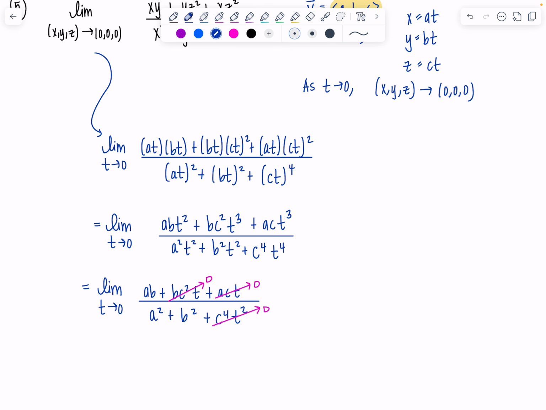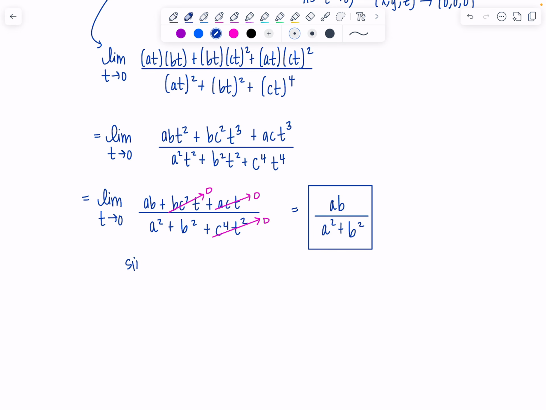So I'm left with ab over a squared plus b squared. Well, what does that tell me? Just like in the last problem, the limit was dependent on m. Therefore, different linear paths yielded different limits, so the limit didn't exist. So again, we can say the same thing here. Since this limit is dependent on a and b. But what are a and b? Those are the components of the direction vector, right? So since the limit depends on the direction vector of the line,